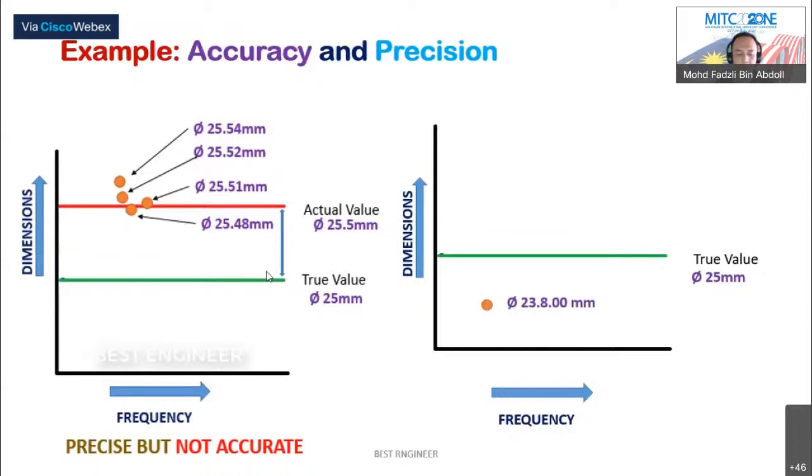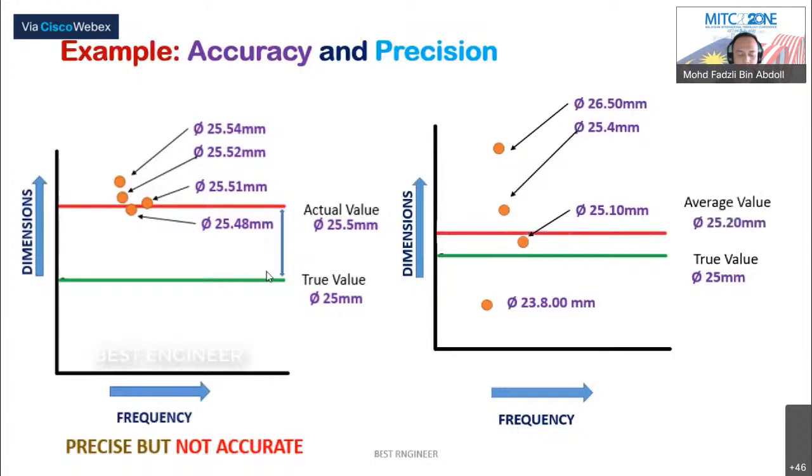Suppose the first measurement gives the value of 23.8 and second measurement 25.1, third one is 25.4, fourth one is 26.5. Now the average value is 25.20. The error here 0.2 mm, but the repeatance are not here because the first value is 23.8 and